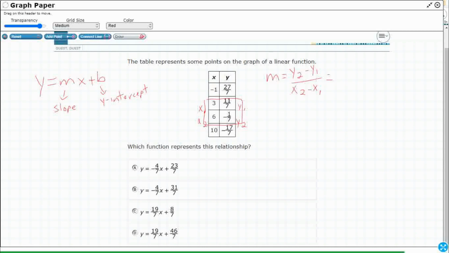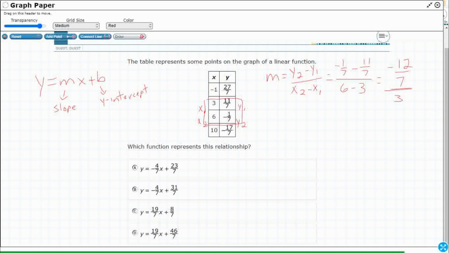So y2 is negative 1/7 minus y1, which is 11/7. And then on the bottom, which is easy at least, the denominator is 6 minus 3. But that's interesting, right? We've got a fraction in our numerator. So what are we going to do with that? Well, let's see. I've got negative 1/7, and then we're going to the left more, 11/7. So that's negative 12/7